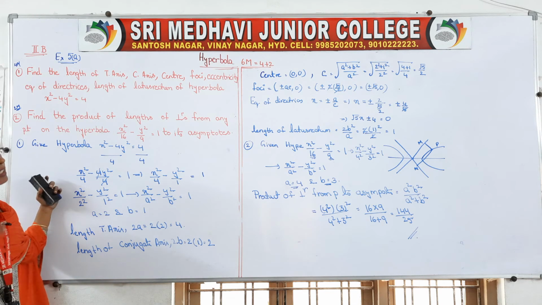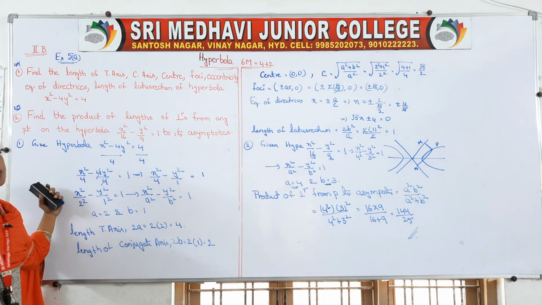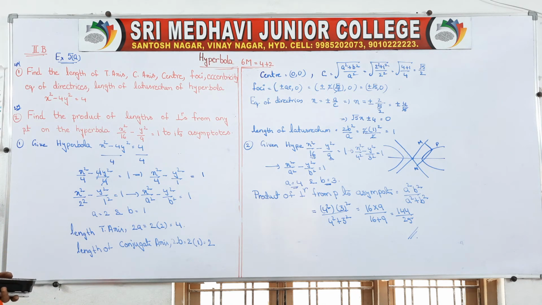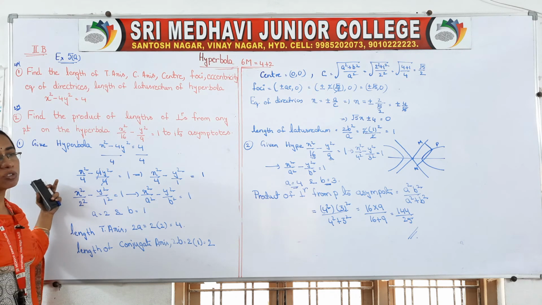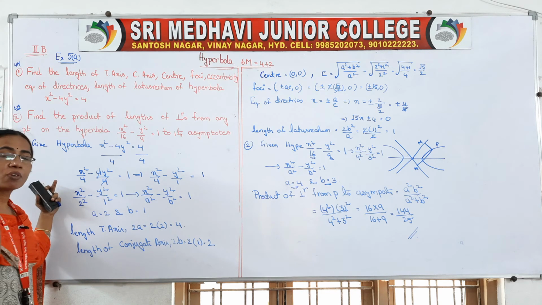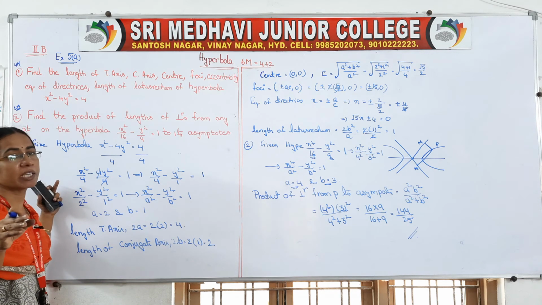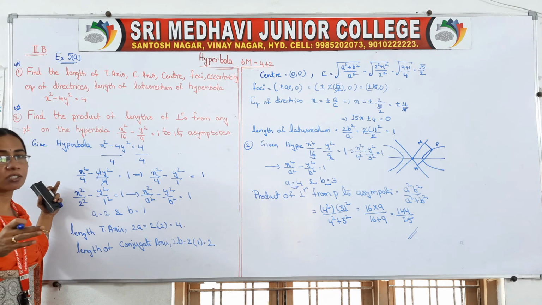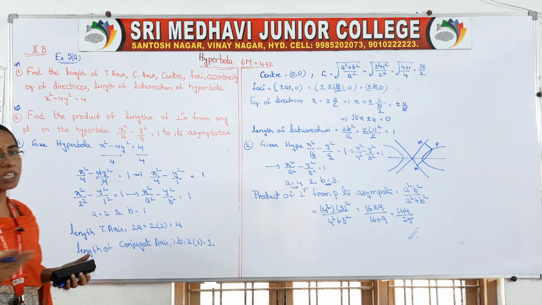So whenever center, foci, directrix, length of transverse axis, these things are asked, first reduce the equation into any one of 4 forms. We have 4 forms in total, right? So reduce them into any one of 4 forms. If only x square and y square terms are there in the given question, you can reduce into the first two forms. If your hyperbola equation contains x square, y square, x term, y term and constant term, then you have to reduce the equation into the third or fourth case. Just by observing that you will know it.